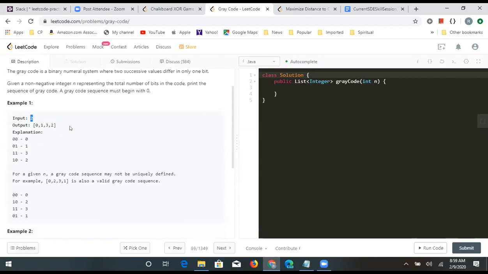So before we go into that, is there a conceptual problem with that? Do you understand how we are generating the gray code here, all of you? Yes, okay. That is good. Also a question: if there are 4 bits, my output size should be what? 2 raised to power 4. Yes, that's good.